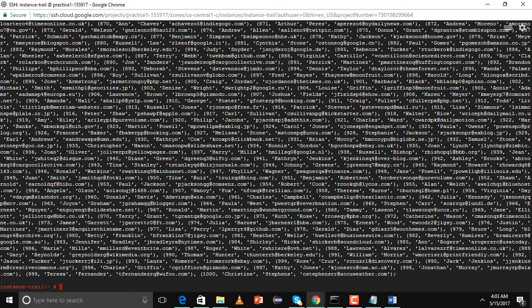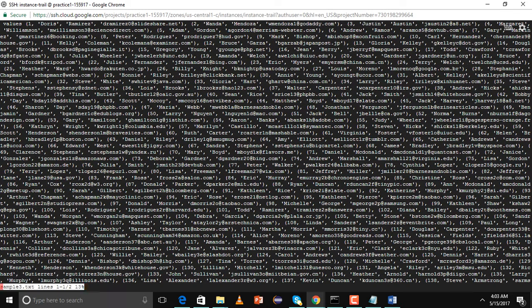So the less command is useful for increasing the readability and for analysis,